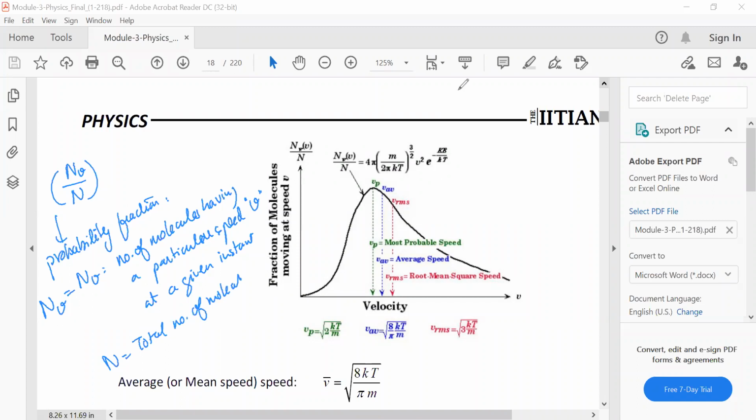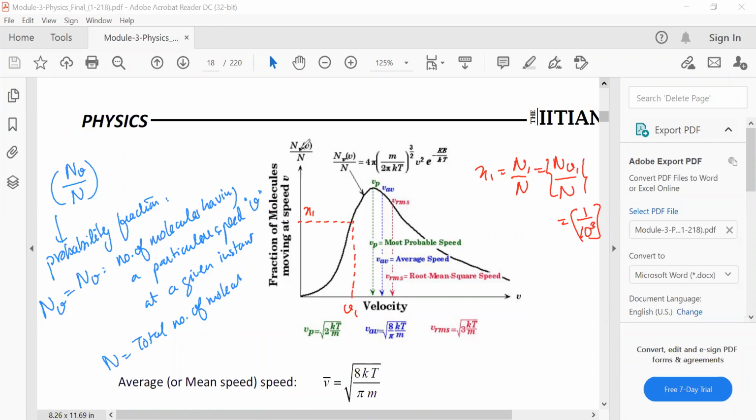So what this means is that on this curve, if I pick a particular speed, let's say V1, and I see that this graph has a value x1 over here. That x1 is n1 divided by n, which is the number of molecules moving with the speed v1 divided by the total number of molecules in my gas sample. For example, if this is 1 upon 10 raised to power 3, that means 1,000th of all the molecules are moving with this particular speed v1. That is the meaning of this graph.